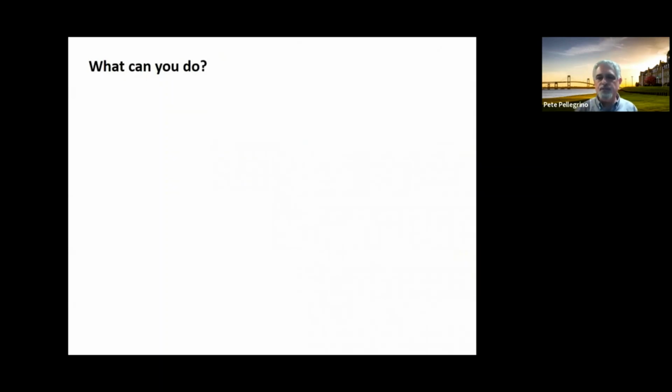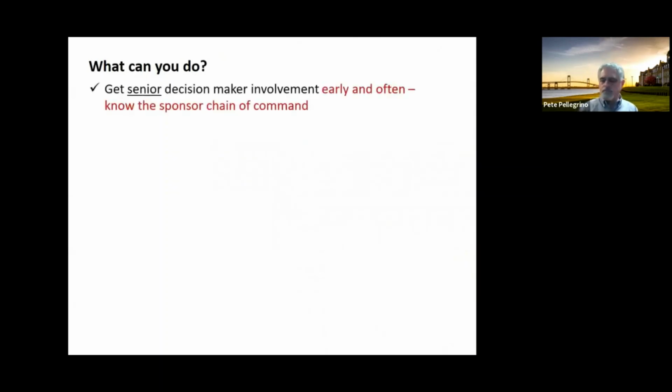So ultimately, what can you do? Kind of a big wrap up here. Try to make sure you're dealing with as close to the senior decision maker as possible in terms of your sponsor, and know their chain of command. Understand that if you're not dealing with the general, the admiral, or the senior executive, the person you are dealing with is one below, or eight below. They have the authority to speak for them.